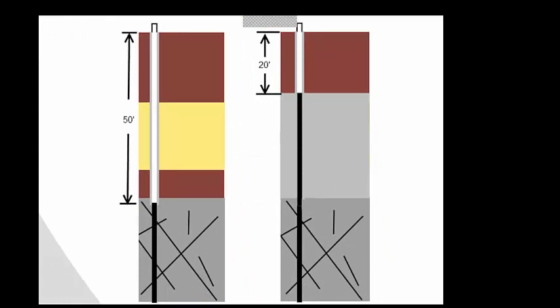I guess there are 4 classes of wells altogether. There's a 3A and B well, which requires, a 3B well requires 50 feet of casing and grout. And then we have a 3A well, which is cased the entire depth of the well and grouted 20 feet, cased 100 feet with screen in the bottom of the well, and then grouted 20 feet. And then there's a 3C well, which can be bored in rock, and then requires 20 feet of casing and grout. And so these well classes can apply to geothermal wells,